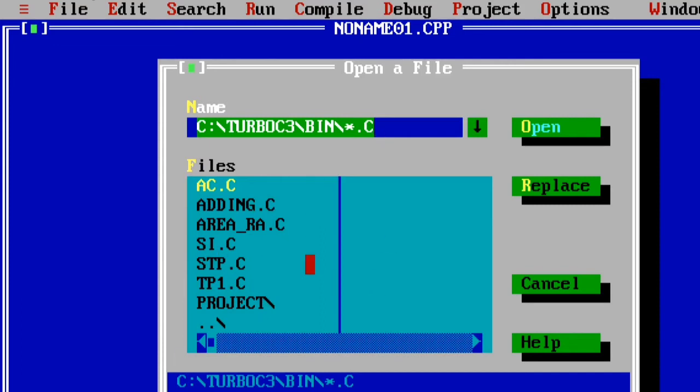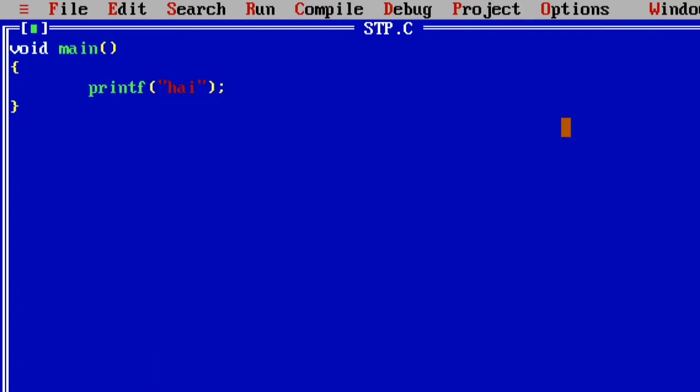Here I just show a program, stp.c. I click stp.c and then the Open button. Then my previous file, stp.c, is opened.